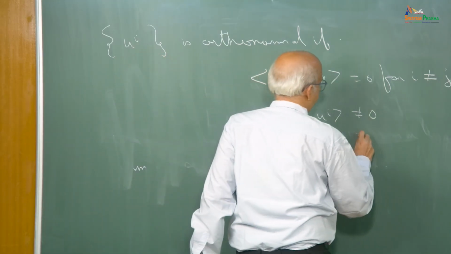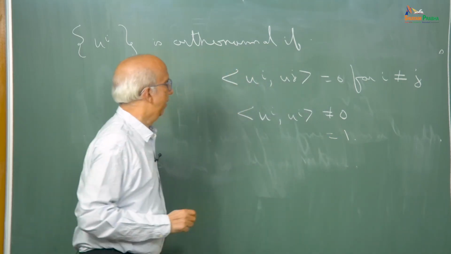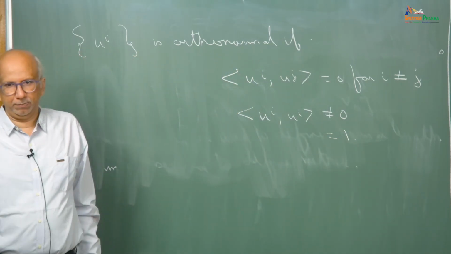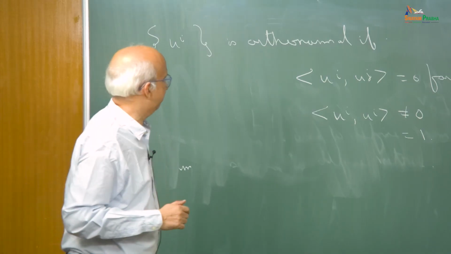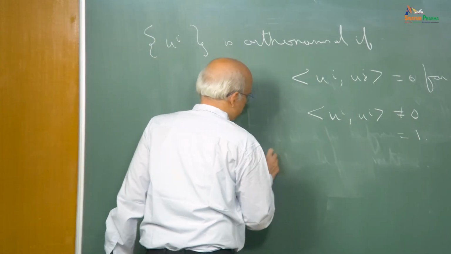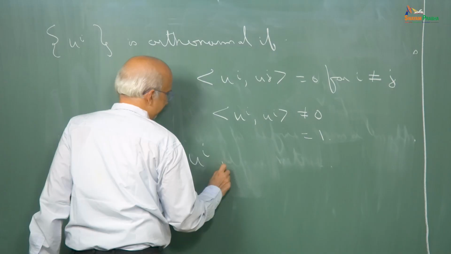This will be equal to 1 because if I make it normal, the lengths become 1. So, basically if it is an orthonormal set, I have this property